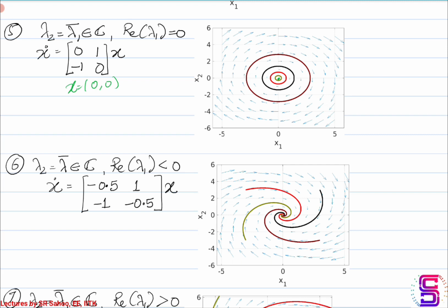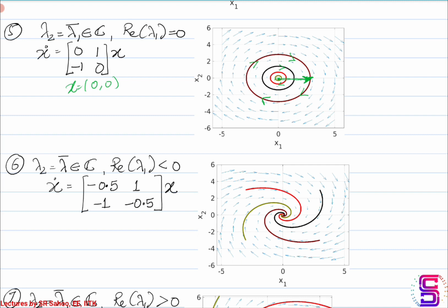For example, in this brown trajectory, let's say that you started at this point, so the radius of this circle that you will trace is going to be fixed at this. So this is the amplitude that you will have, and it will move in this direction. So this is a clockwise trajectory that you will track. Similarly for the red and black, and for the brown you will have a clockwise motion and the amplitude depending on the initial condition. So the amplitude remains fixed while you move in a closed non-intersecting orbit.